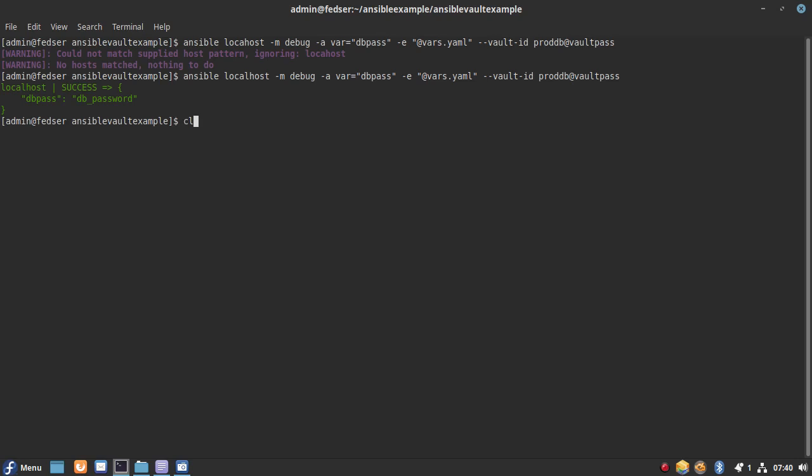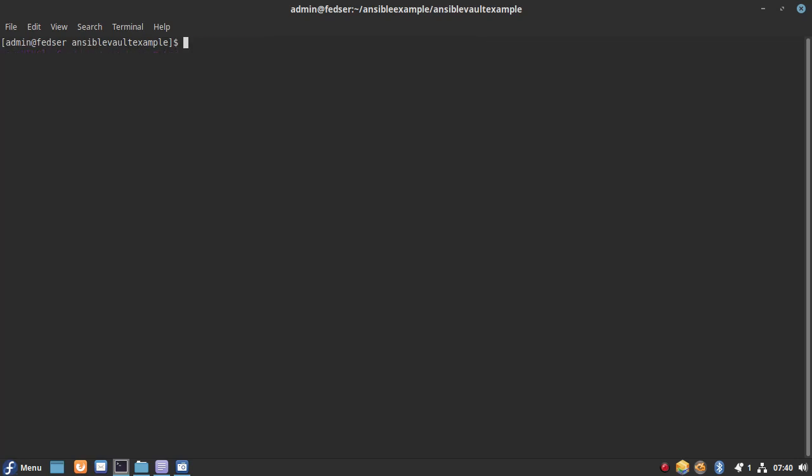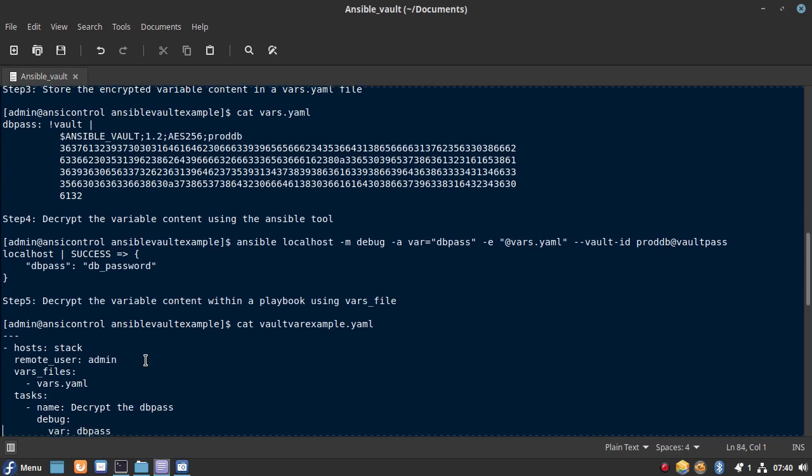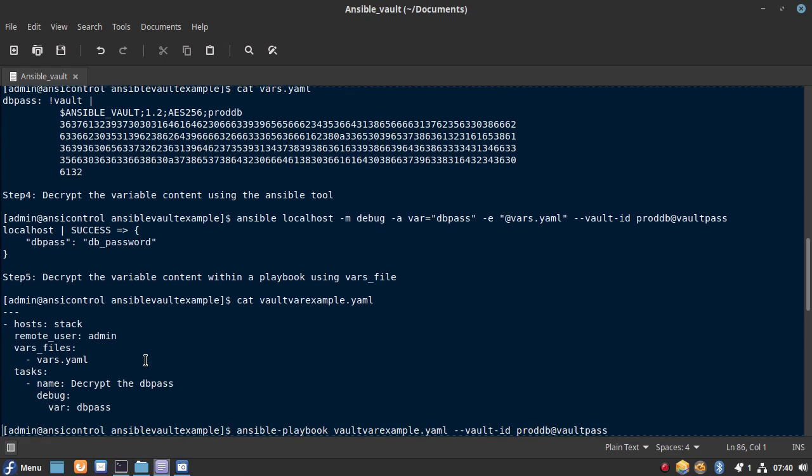Okay, so let's see some more examples. Right now we have stored our encrypted content in a file. Let's try to use that file in a playbook. Whatever example we have run is an ad hoc command. So right now let's try to run the same module using an Ansible playbook.